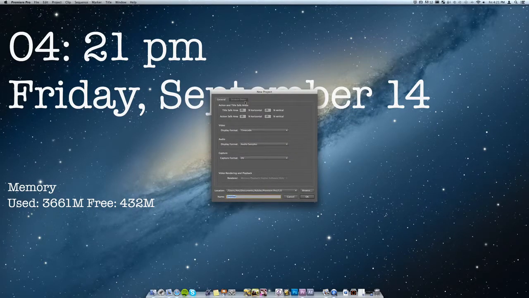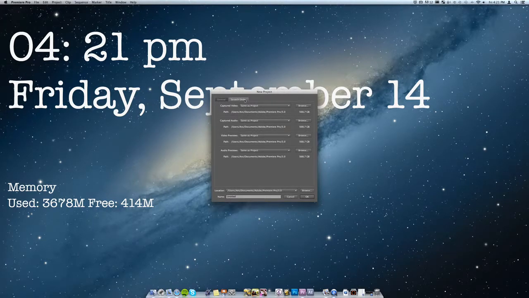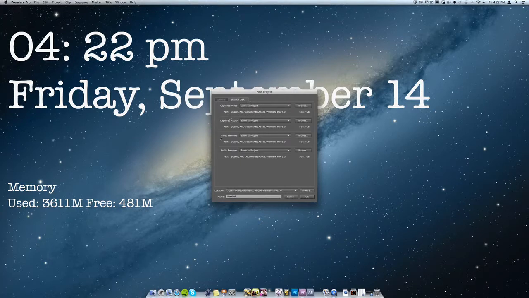And so in here you have all of these settings. Scratch disks is basically where you would like things to go. As you render your video, when you're trying to edit it and watch it through smoothly, it's going to create heaps of clips which are going to use up a lot of hard drive space. So for example, you may choose to put video previews on an external, maybe 2 terabyte video hard drive. You may do the same thing with these. It's just up to you. So this is for video previews, audio previews, captured audio and captured video.